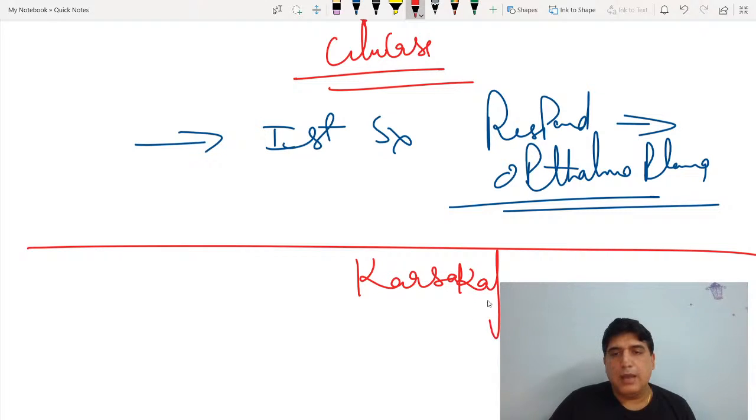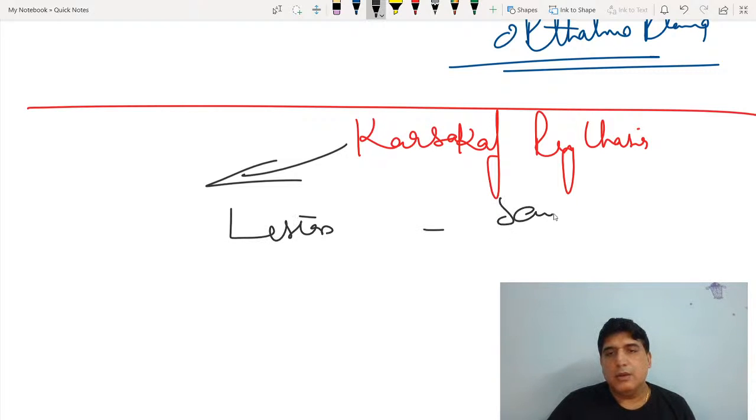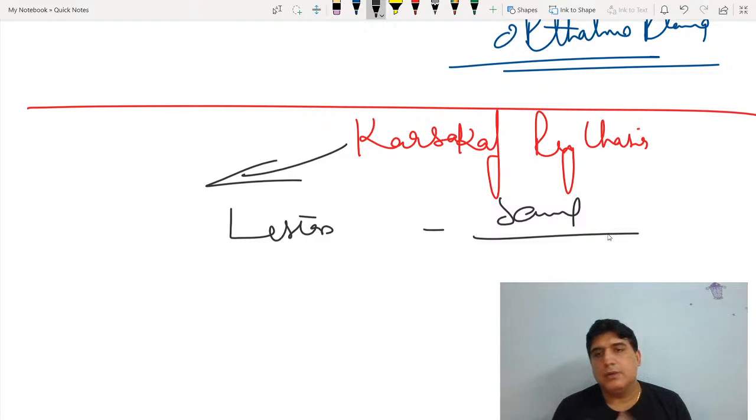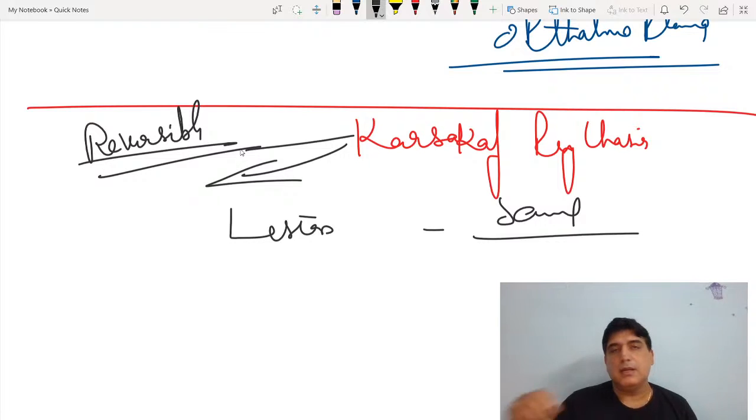I hope you read about Korsakoff psychosis. One or two important points I want to tell you. It's a more severe condition. The lesion is the same as in Wernicke's encephalopathy, the mammillary body and dorsomedial nucleus of thalamus. Only thing you have to remember is that it is a reversible condition. Sometimes they give an option that it's irreversible. No, it's reversible. How much depends on the severity of the patient. Maybe it's partial, 20-30%, but it is not a completely irreversible condition, guys.